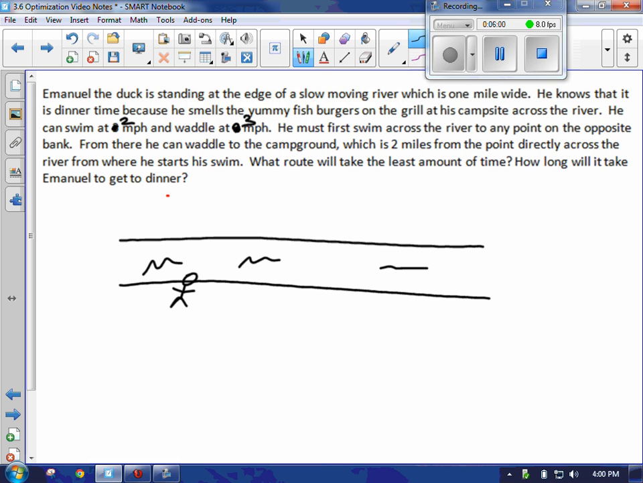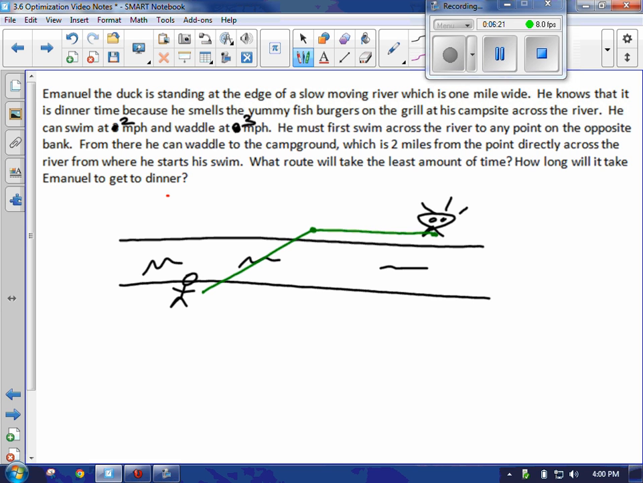He's standing on one side of the river. The campsite is down the river and across the river. So let's say that is his yummy hamburgers cooking on the grill. All right, so he wants to swim across the river. And so he's going to swim across the river at some point, and then he's going to walk the rest